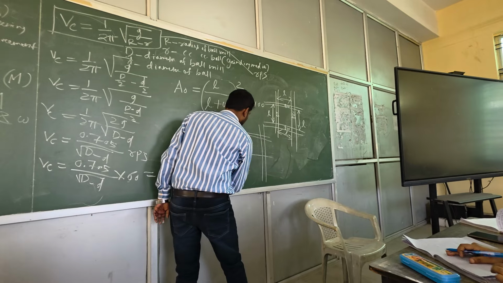Suppose I am considering a rectangular screen. Suppose this length is greater, this length is smaller, of course. Similarly, this diameter and this diameter also change, right? That means if I am moving in the horizontal direction in a rectangular screen, and in the vertical direction, the diameter of the wire will also change, and the length of the opening also changes, right? If it is square, then everything is fine, right?